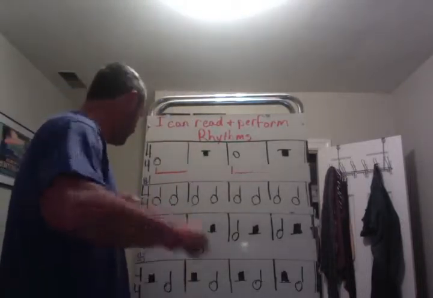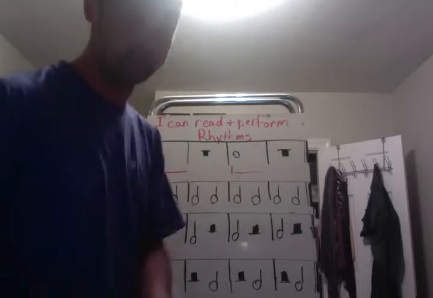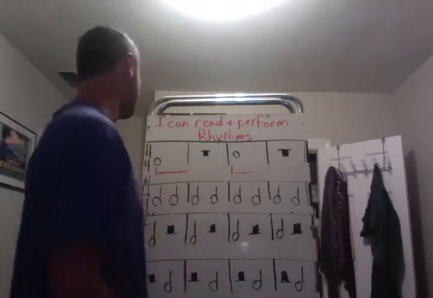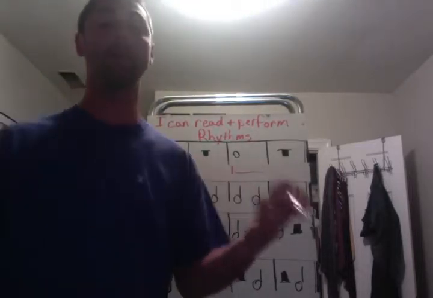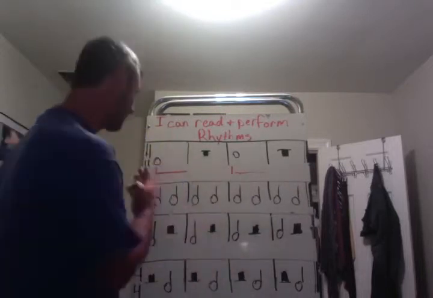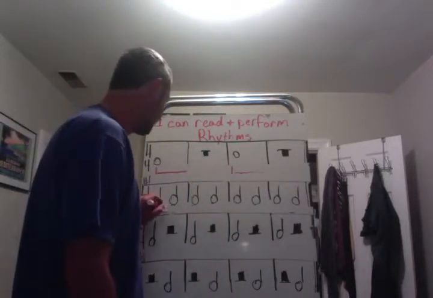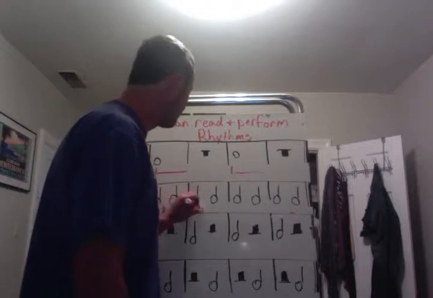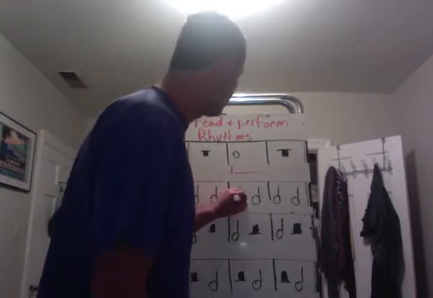Alright. I'm going to go ahead and write in the beats for you, just so you remember that the top number of the time signature tells you how many beats are in each measure. So the top number is 4. There are 4 beats in each measure. 1, 2, 3, 4. 1, 2, 3, 4. 1, 2, 3, 4. Now,